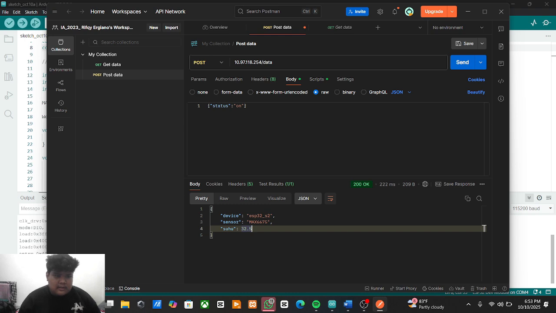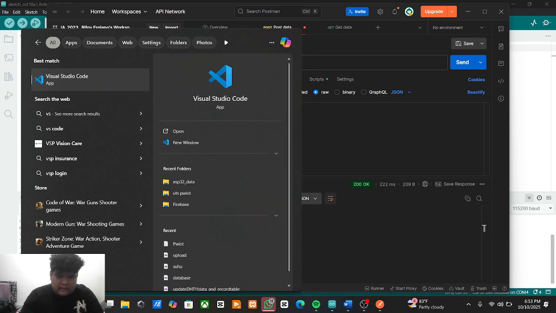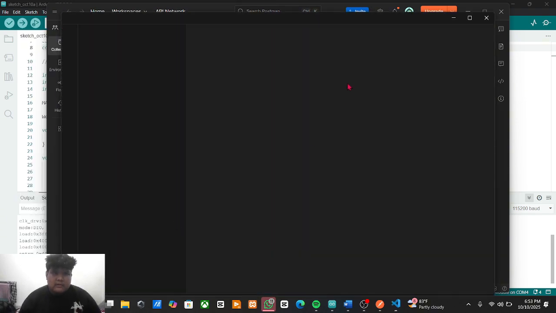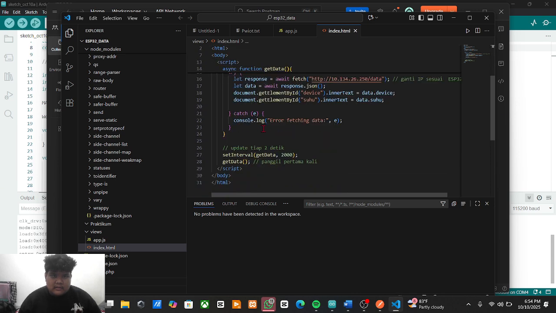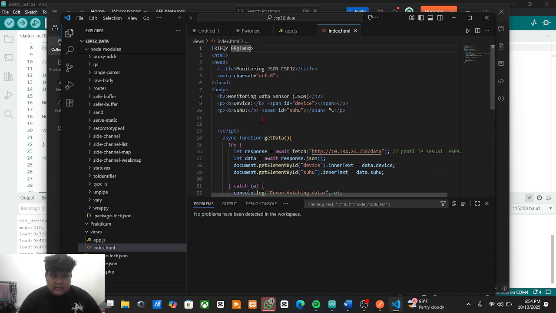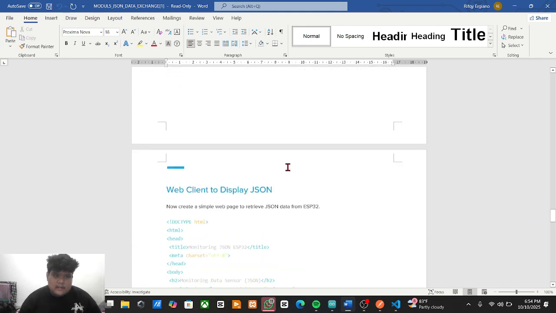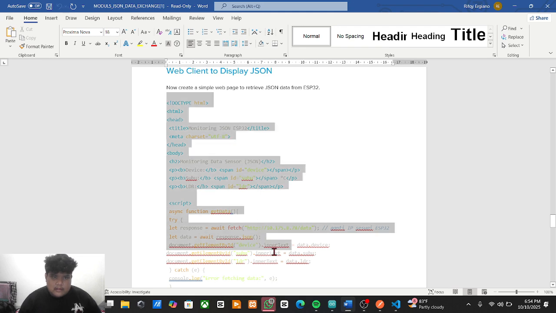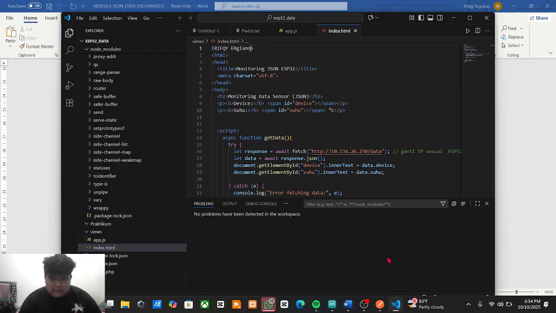Next step is we go to VS Code here. This is the program that we take from this. Just copy this program that has been made before.